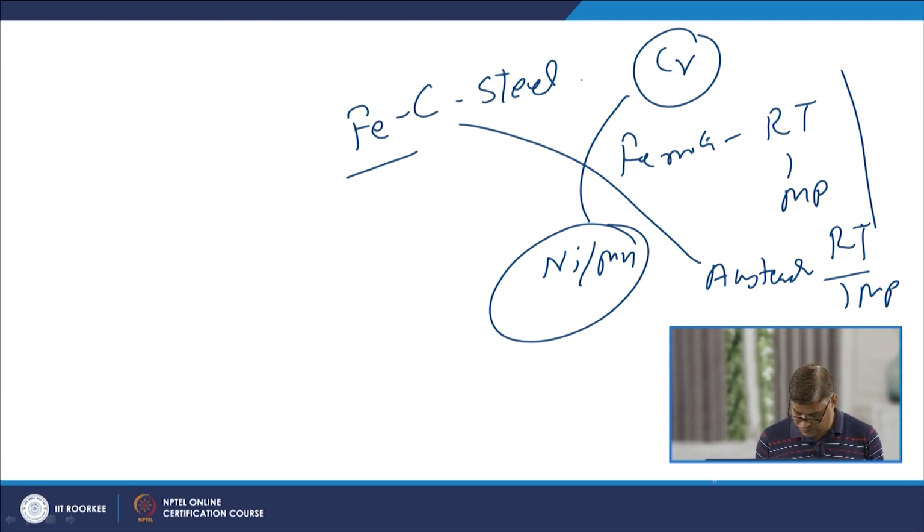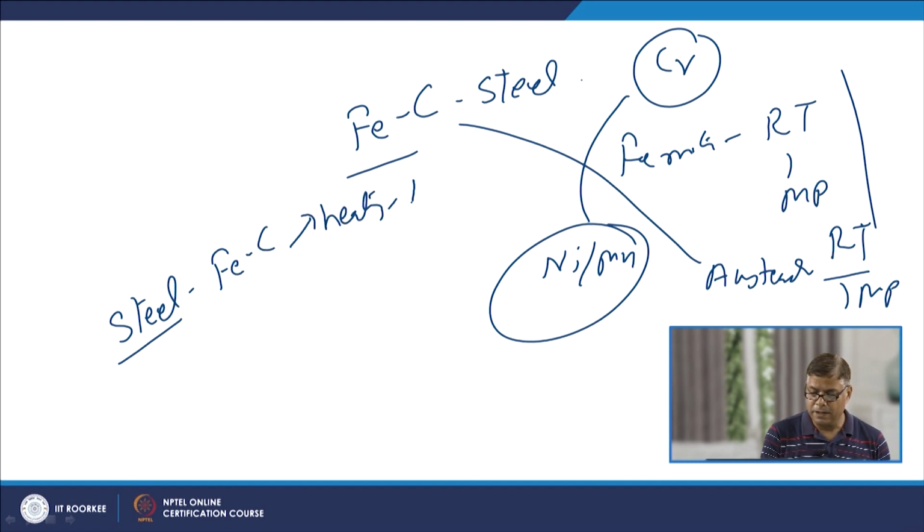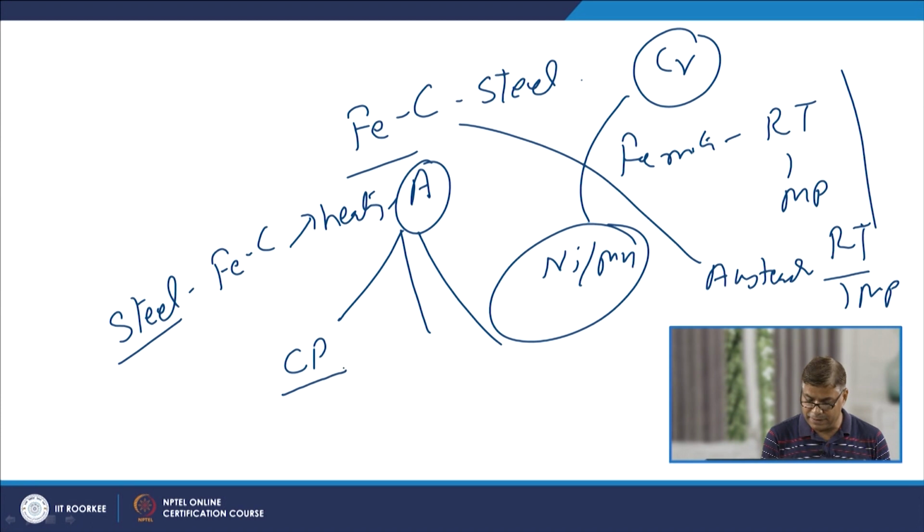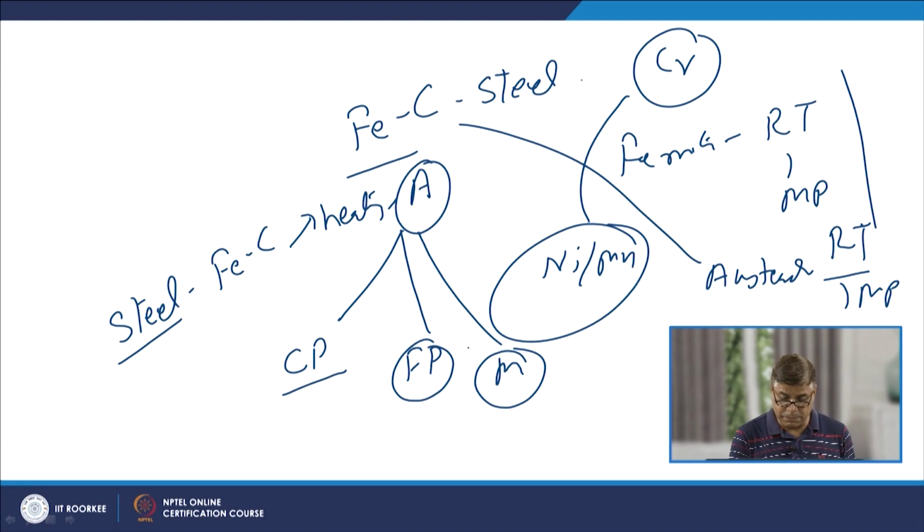Now we will see that when steels having simple iron and carbon are subjected to the application of heat, austenite is formed. This austenite, as per the cooling rate, may form coarse pearlite, or fine pearlite, or martensite, depending on the cooling rate to which it is exposed. But this transformation of the austenite into the various phases, to get various combinations of properties, is possible only due to the formation of the austenite.